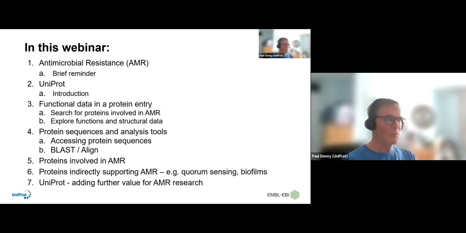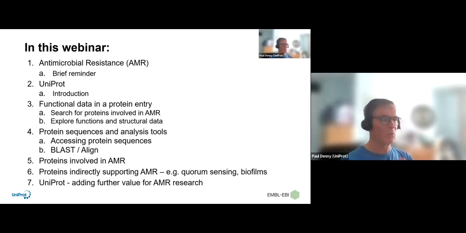Then introduce the website, talk about the functional data that's in a particular protein entry, using one as an example, how to look for proteins which have a role in AMR in the UniProt website, look at the function data and the structural data for that entry, explain a little bit about some of the analysis tools that are on the website, how you can get at the protein sequences themselves, and then finally take you through some examples of